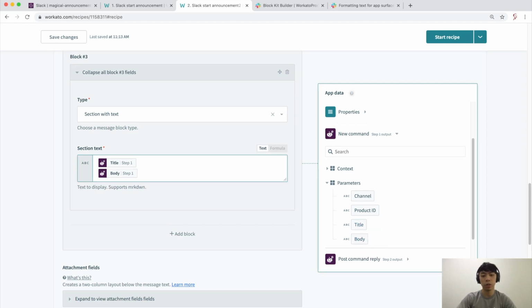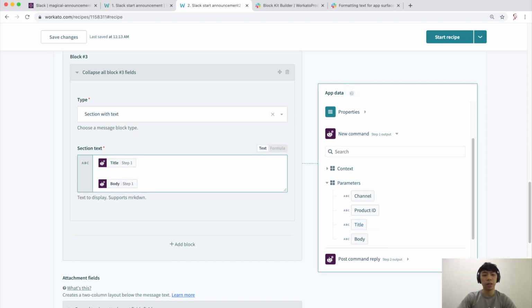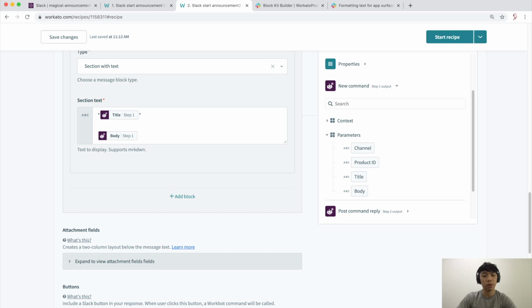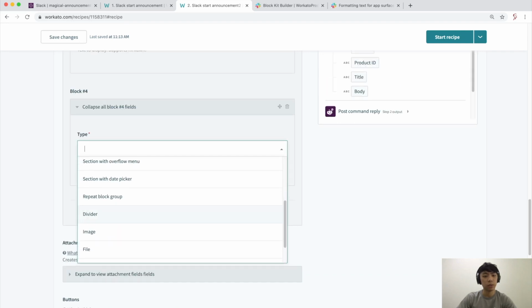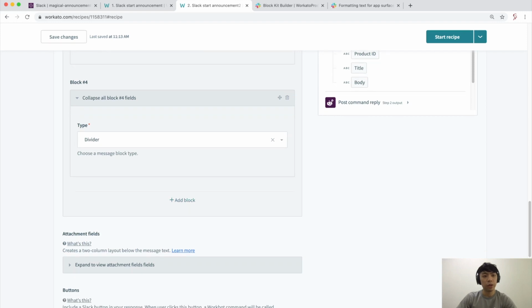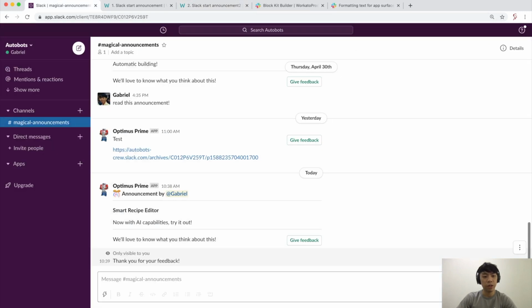Maybe I'll put a new extra line in between. Right, in the title, since I want that bold, just going to put the asterisk around it. And then we're just going to add another block for our divider. And then I'm going to add this last section for a text over here and then a button. Right, so I'm just going to copy this text,